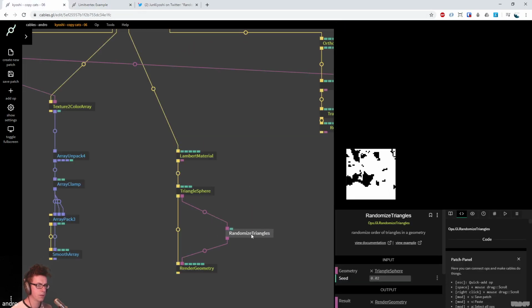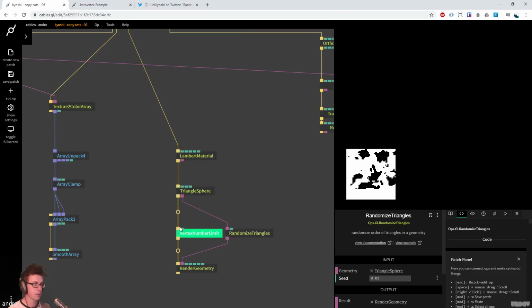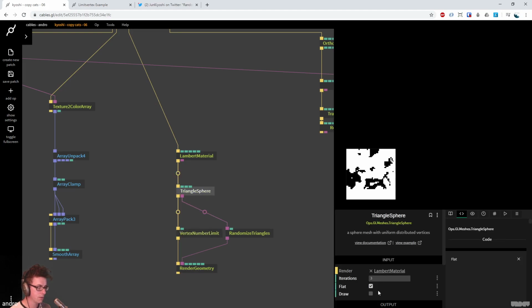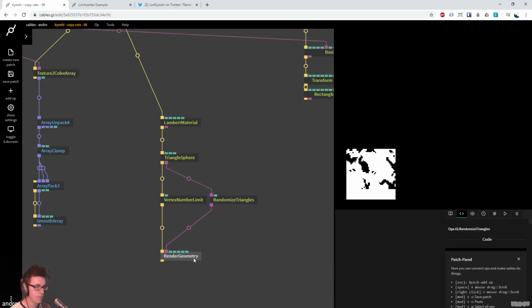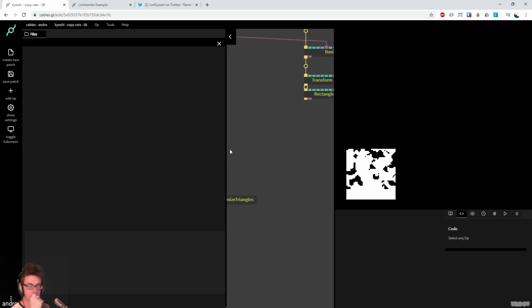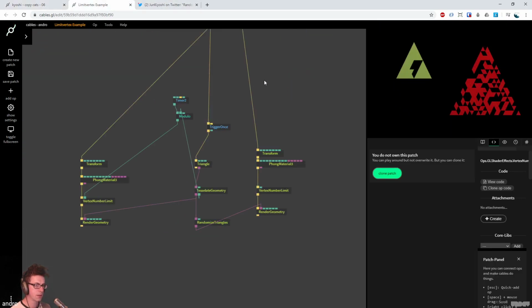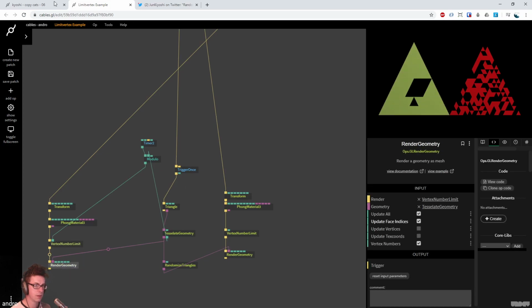So hold it, if we go here and we do vertex number limit, and the triangle sphere has 3 iterations. Let's take a peek. So hold it, in this example, we have a material, vertex number limit, and then render